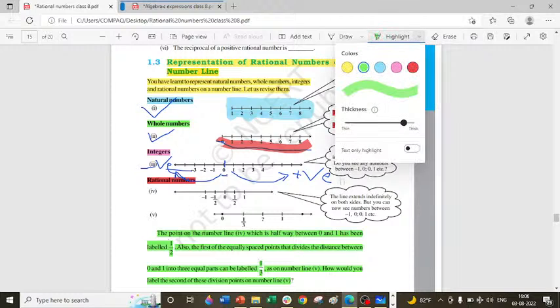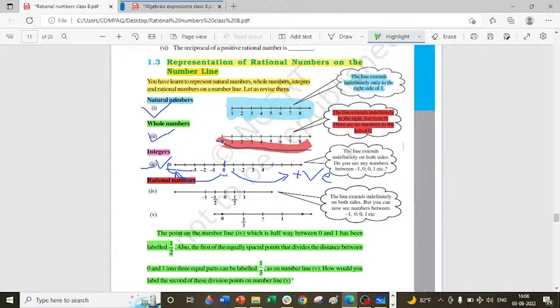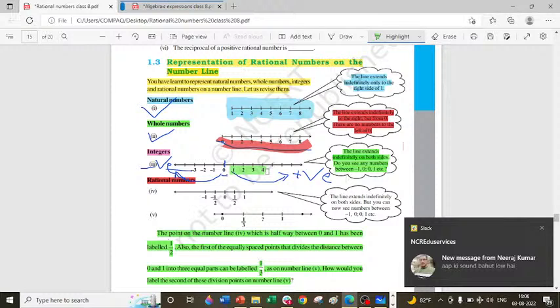Let me just show you. The line extends indefinitely on both sides. Do you see any numbers between negative 1, 0, 0, 1, etc.? Yes, we can see numbers. From 0 we can see 1, 2, 3, and this line will go up till